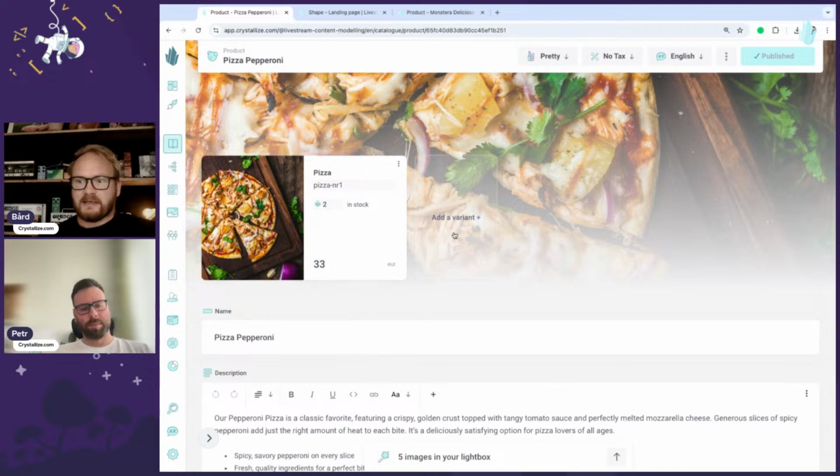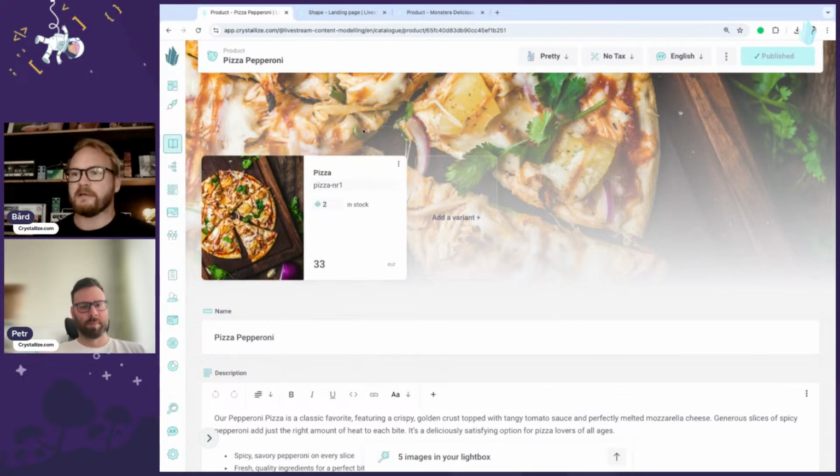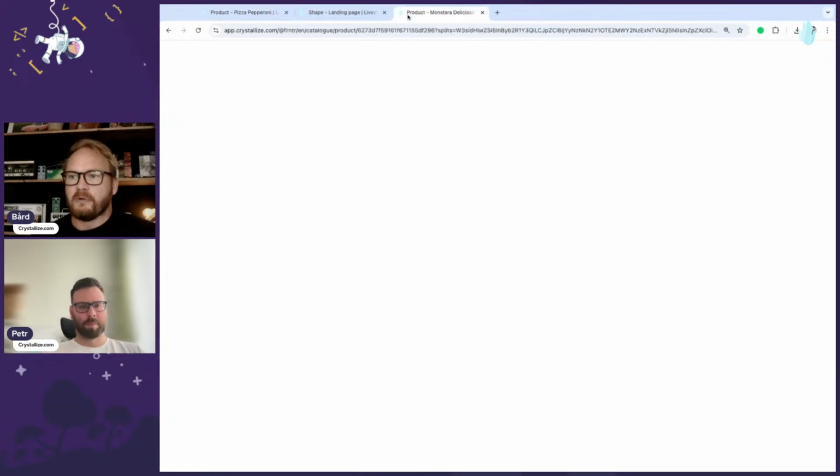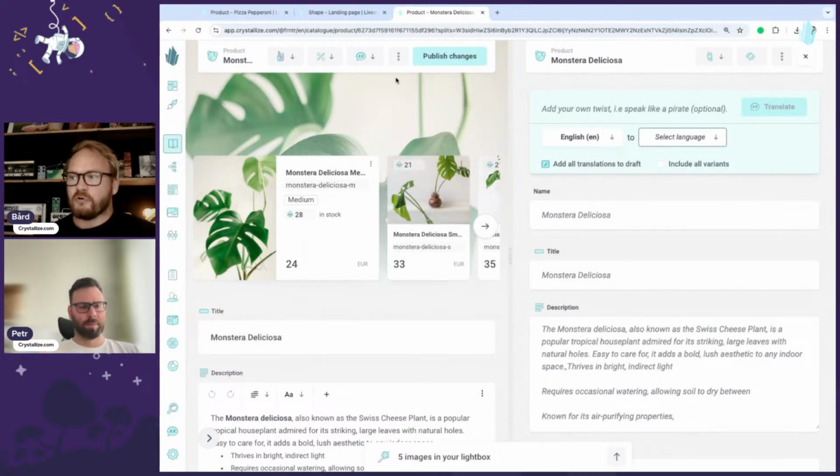Yeah, exactly. Because a lot of the things that I'm doing here are simple translations. I haven't translated too much, but the idea with Crystallize is everything is API driven, right? So you have access to everything, and everything is driven by events, which means that when you're on a product page, you're able to open up